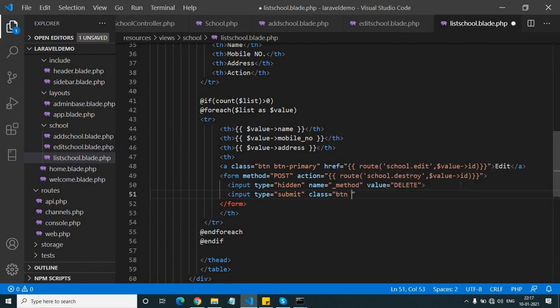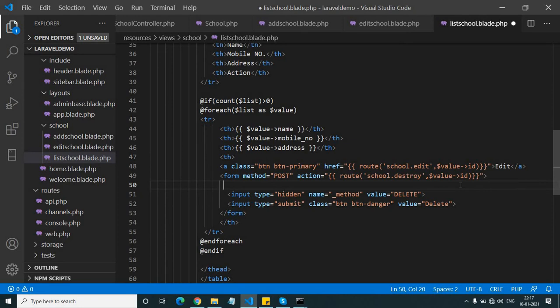Class is equal to button danger, value is equal to delete, and here we also have to create a CSRF token for the post form.